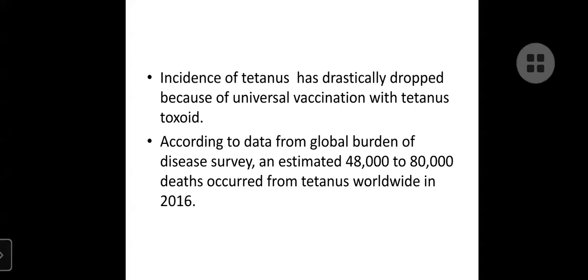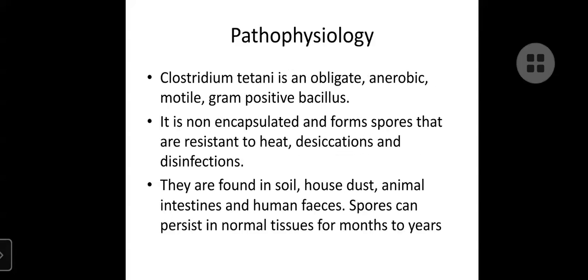However, according to data from the global burden of disease, an estimated 48,000 to 80,000 deaths occurred from tetanus worldwide in 2016. So most people think that they can get tetanus from just stepping on a rusty nail. Well, this is true. You can also get tetanus easily from just a small cut. All you need is a break in the skin, then the penetration of the bacteria. You can equally get it from a dog bite or